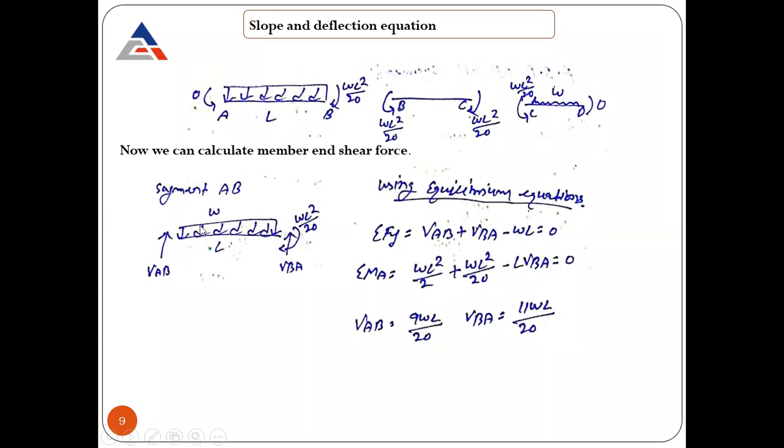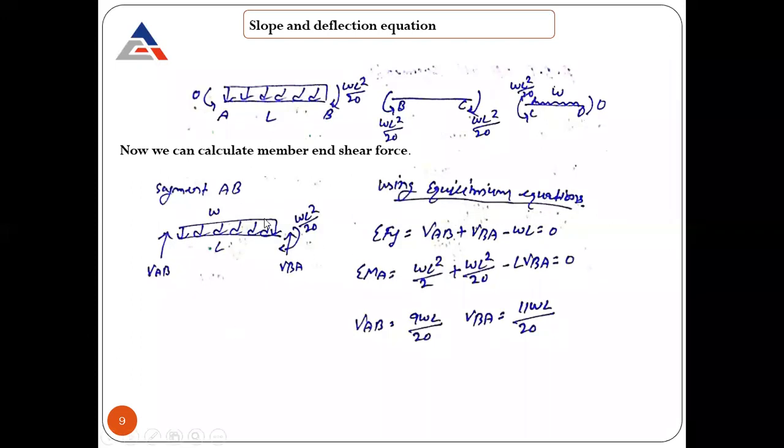You have to balance this loading by applying the vertical reaction or vertical shear force in segment AB. There is a moment also acting. How many unknowns do we have in this? We have only 2 unknowns. Now, using static equilibrium equations, I can calculate these 2 unknowns. So initially the section was indeterminate. Now we have a determinate case. So a very simple shear force, bending moment, classical case.